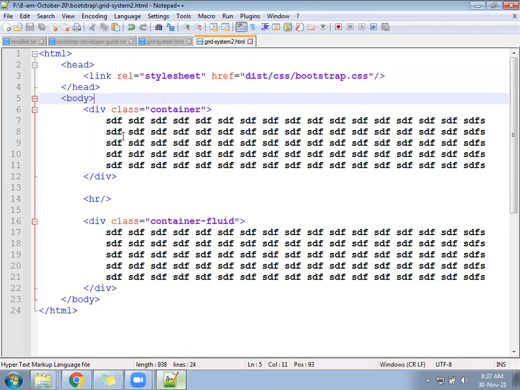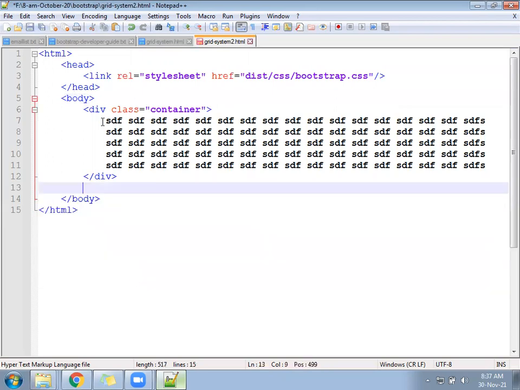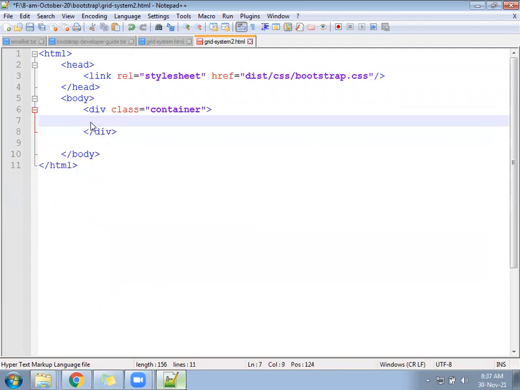After that, delete the bottom section, keep the first part, and from container delete everything.